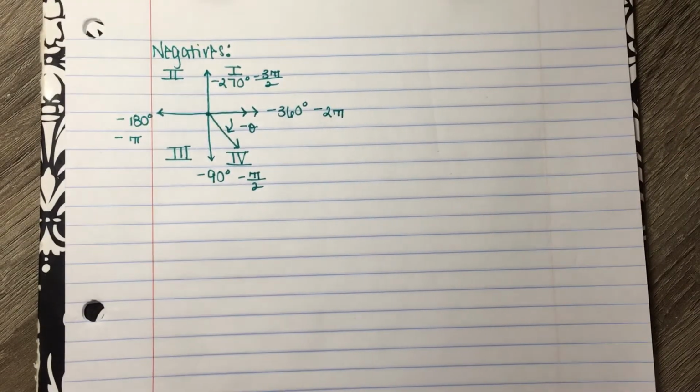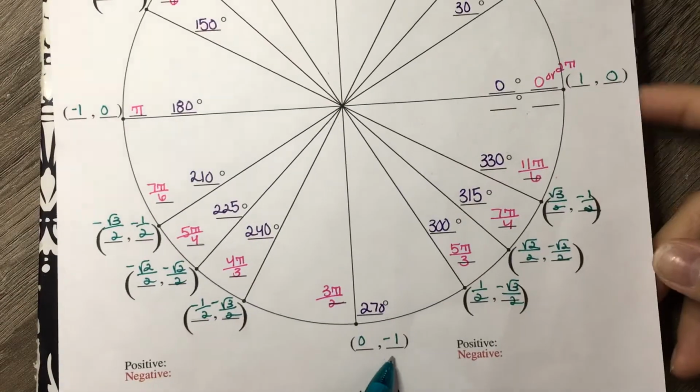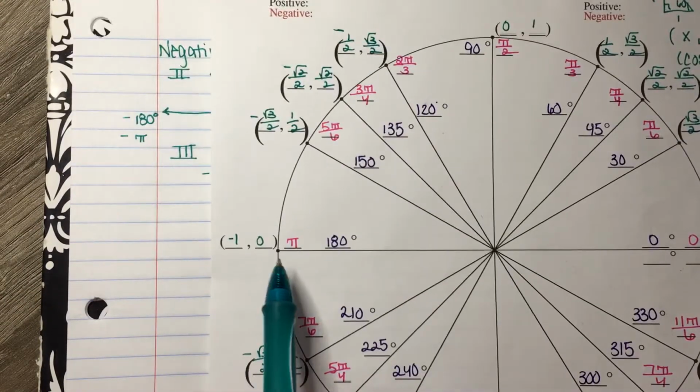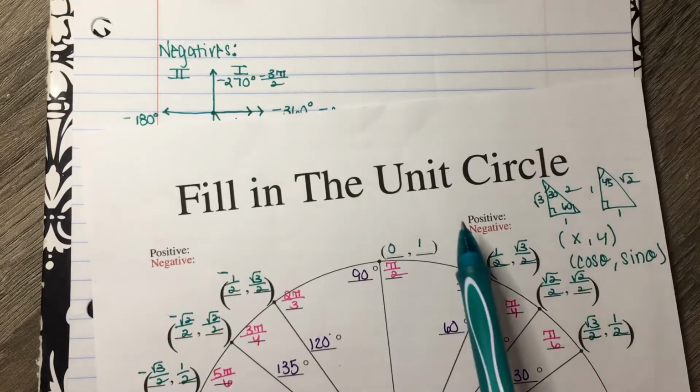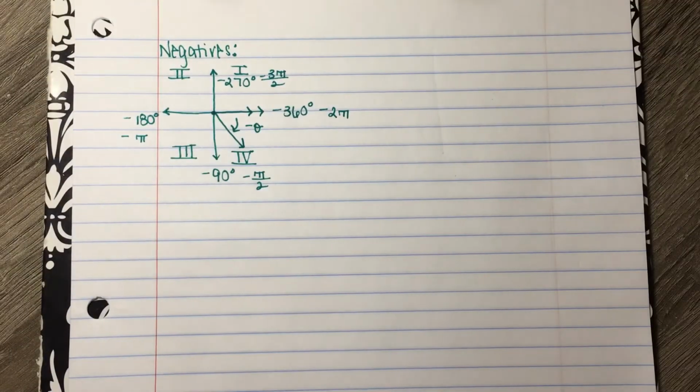Just like the quadrants don't change, the coordinate points also don't change. So at negative 90, this is still your coordinate point. At negative 180, this is your coordinate point. At negative 270, that's your coordinate point. And at negative 360, that's your coordinate point. All right,